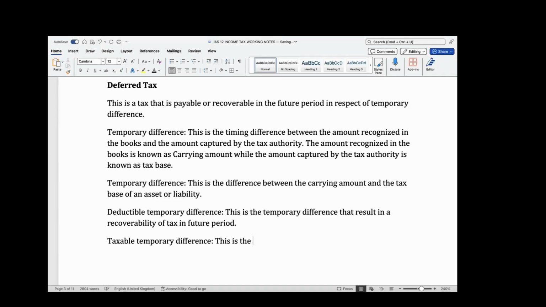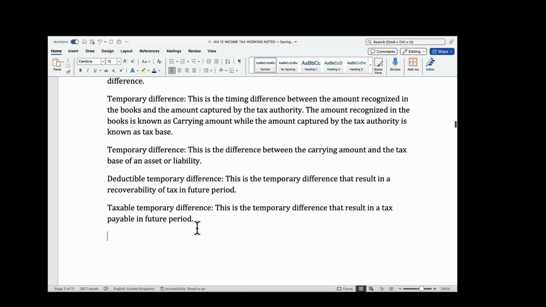This is the temporary difference that results in tax payable. Okay. So additionally, we have deferred tax assets. So this is a deferred tax